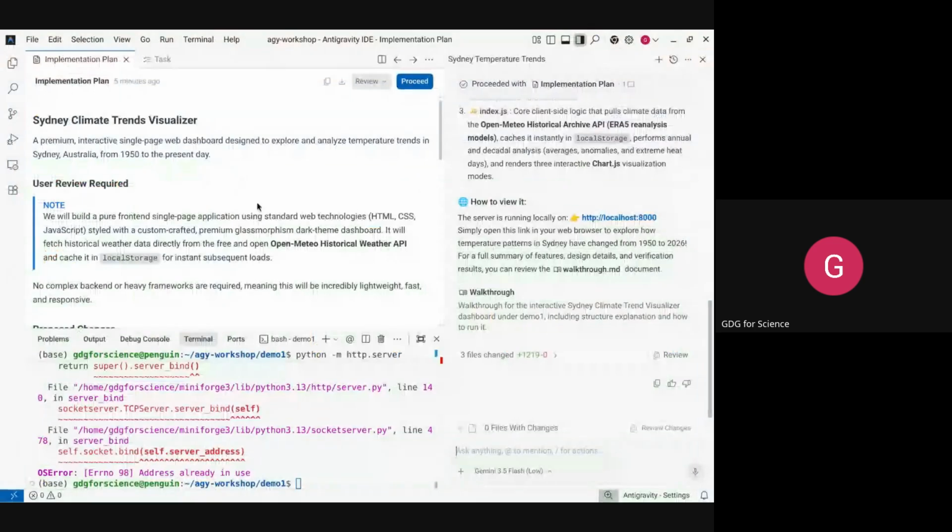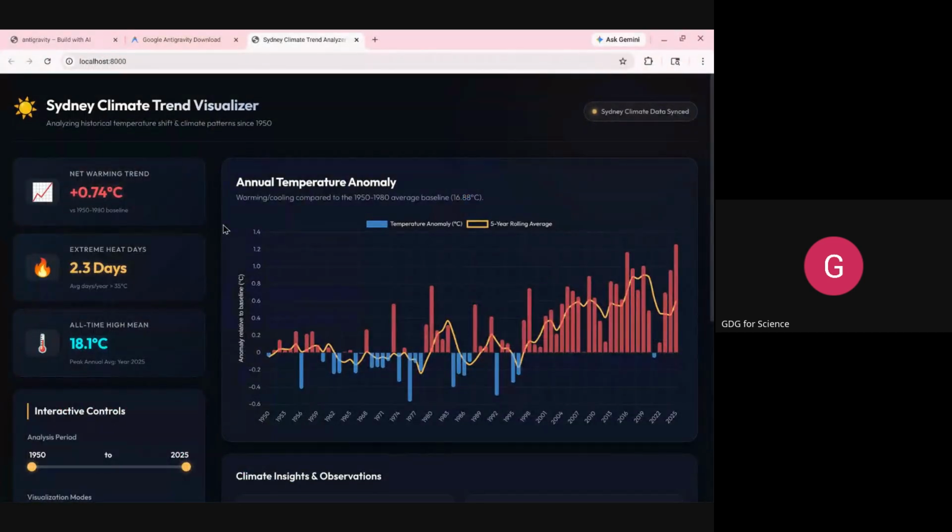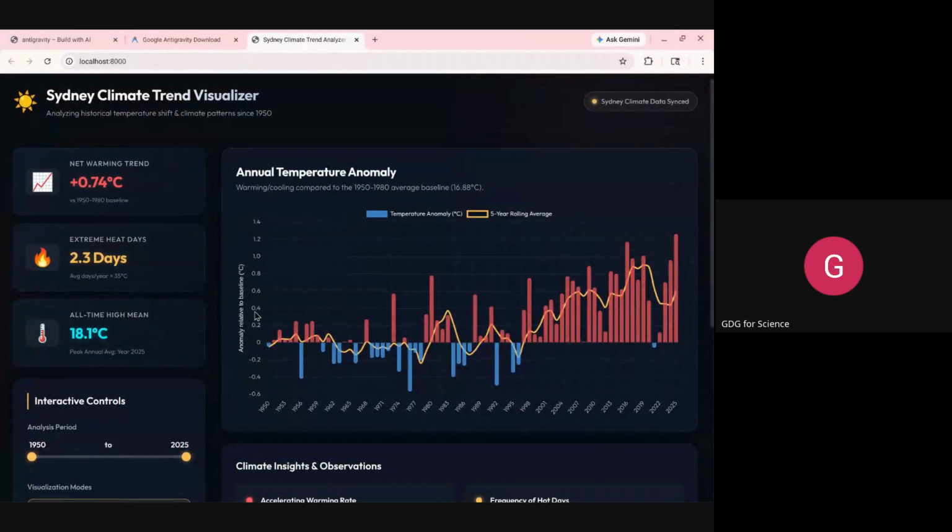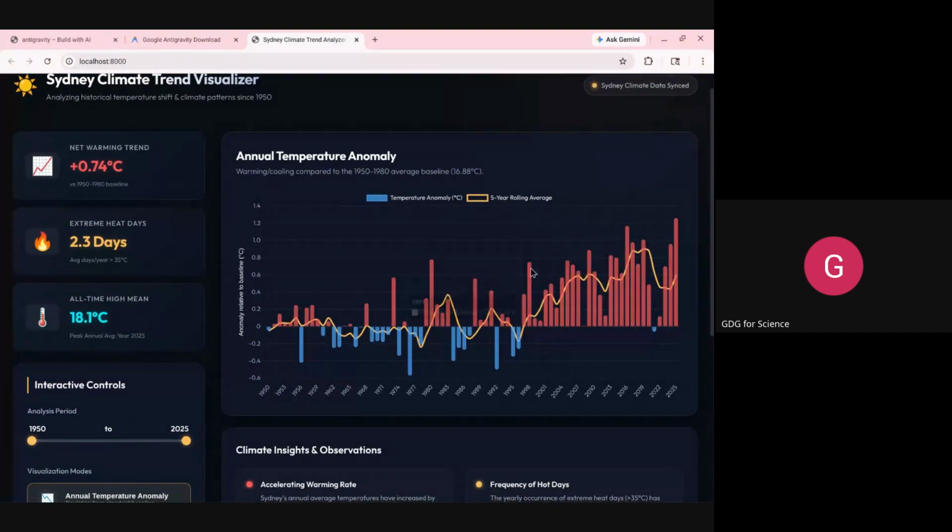Sorry, I skipped over that. I could tell because it says address already in use. So I just assumed that it was already running. So here's the annual temperature anomaly between 1950 and 2025, taking the average between 1950 and 1980. So that's how much temperature change. It's made a nice little